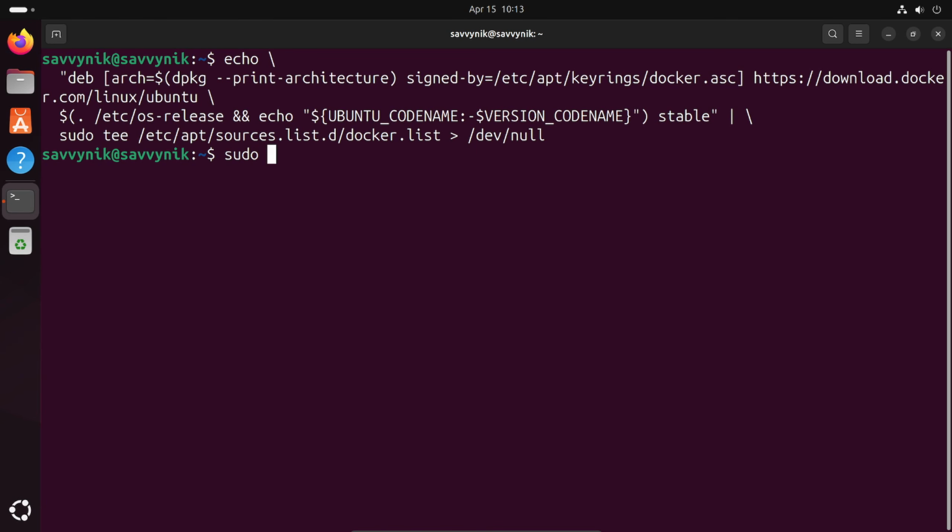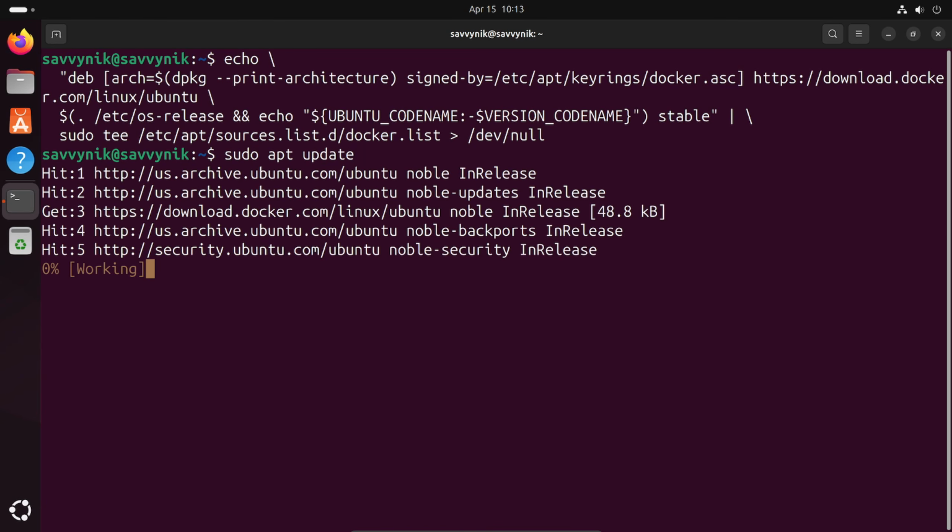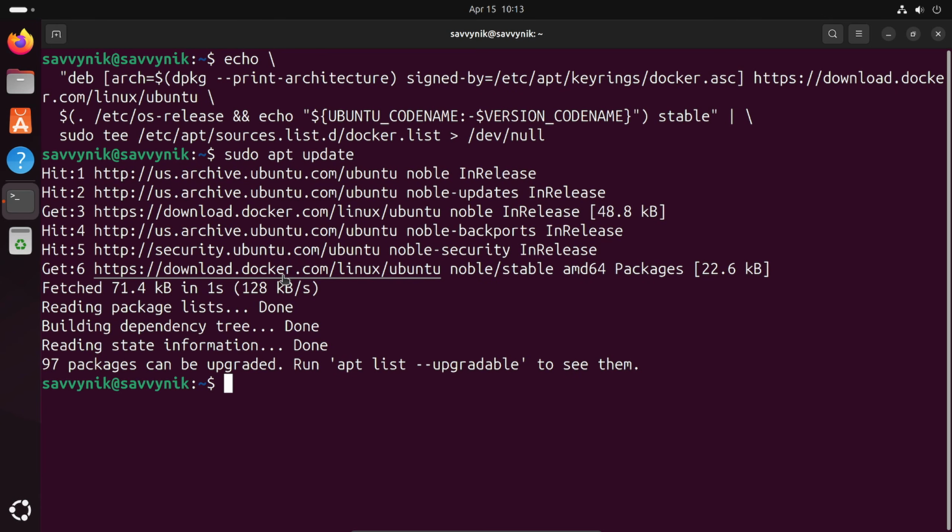And I'll do that by doing sudo apt update, and you'll notice something this time. Look at this, Get6 says it's trying to access this mirror, https://download.docker.com/linux/ubuntu. It noticed that there's AMD64 packages available, so that's exactly what we wanted to see. Fantastic. Now that we have the mirror all set up, we can finally install all the latest Docker packages